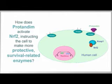So what happens? Ringing the doorbell, first of all, activates an enzyme called a kinase. It's not so important you remember what that is, but it's an enzyme that can modify other proteins inside the cell. And this kinase acts on a little red protein represented by a red circle here called NRF2 that's being held by another protein called KEAP1, represented by the blue circle. So KEAP1 holds NRF2 in the cytoplasm. That's the part of the cell outside the nucleus, outside the DNA vault, until it's modified by this Protandim-activated kinase,